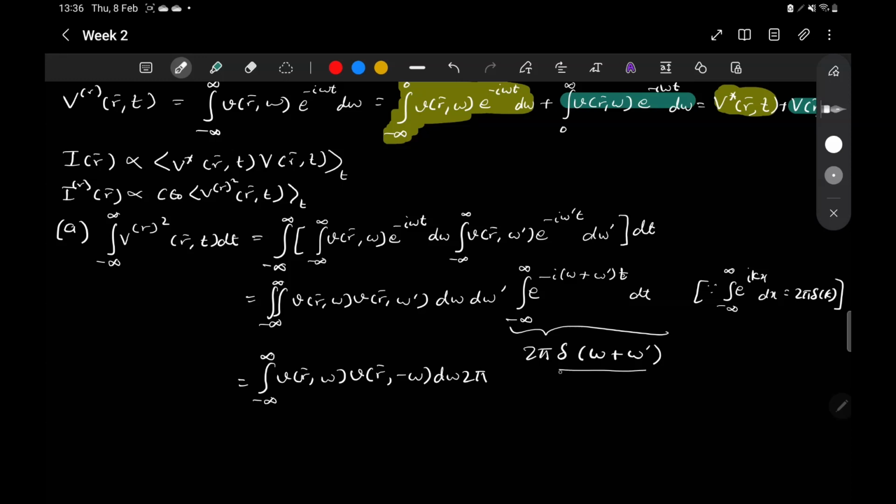Because this picks up value only when omega equals minus omega prime. So from here we will get